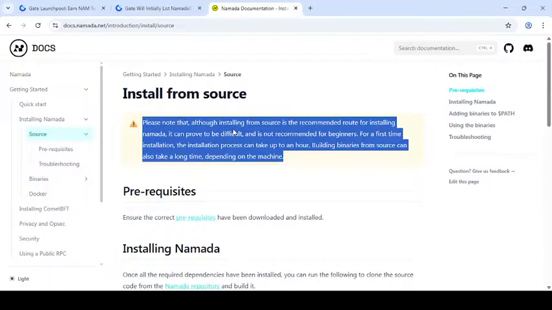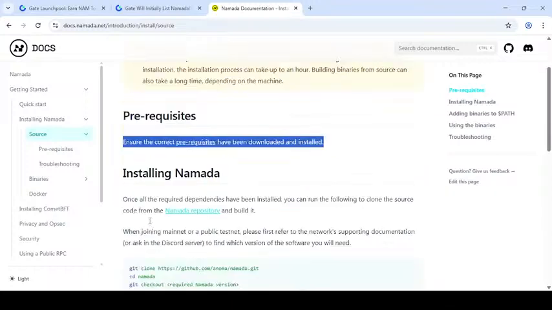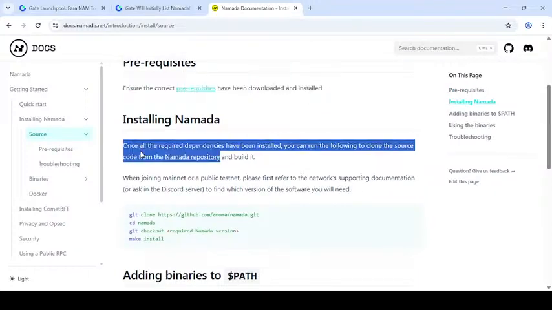Once Namada has been installed, you can follow along with the source code from the Namada repository.